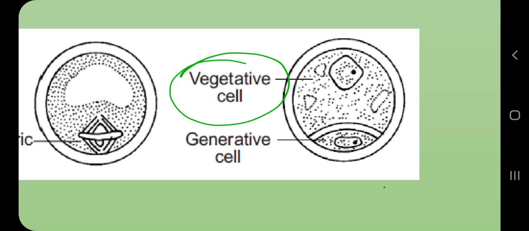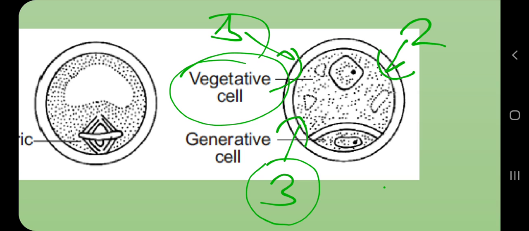If you see the diagram of the pollen grain in your class 12th biology, you will see some scars here, and these scars or holes are called germ pores. Here I am showing 3 germ pores, although there may be 3 or 1 germ pore. Let me give you another fact: in monocotyledons you will find 1 germ pore, and in dicotyledons you will find 3 germ pores. This is a very important character for the difference between monocots and dicots also. So whether it is a monocot or dicot, it will have germ pores, either 1 or 3.